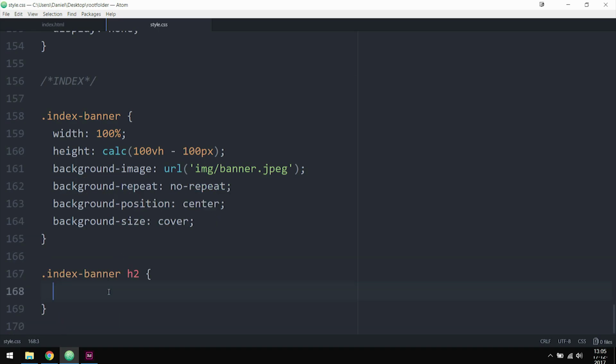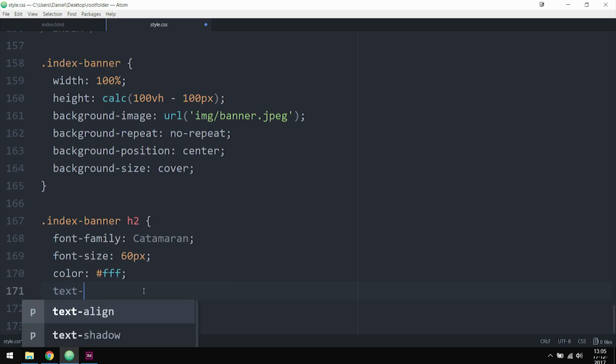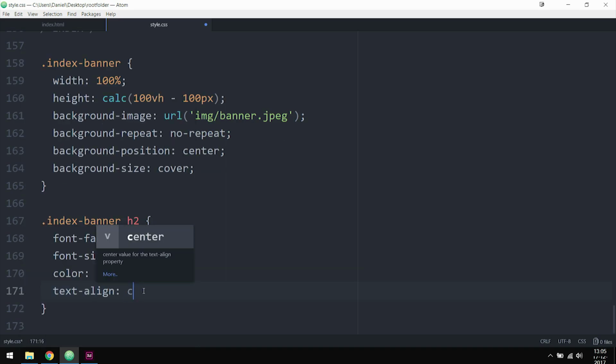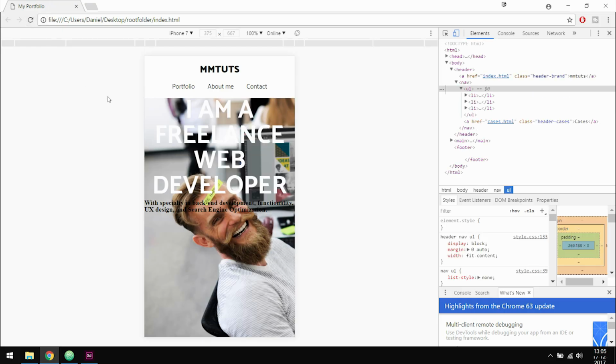And I'm just going to paste it down. And I'm going to change the color to white. Going to change it from 16 to 60 pixels in size. And I'm going to go ahead and center the text. So I'm going to say text-align center. Like so. Going to go inside the browser, refresh, and now you guys can see we have some